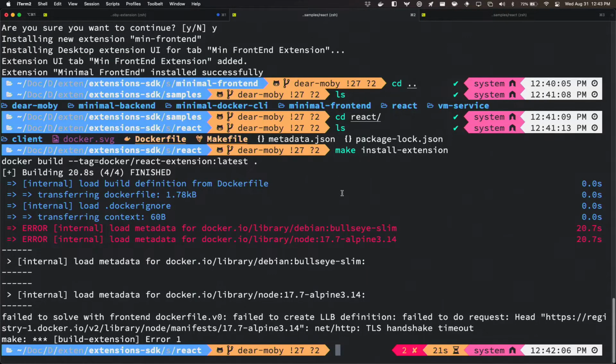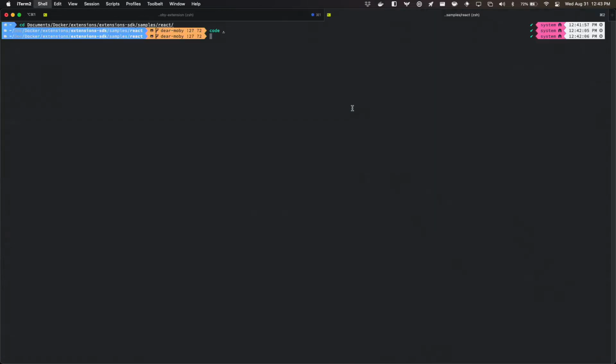It looks like we got an error. I'm not sure what's going on there, but I'm not going to spend the time trying to fix it. So let's go ahead and take a look at a different extension then. Another extension that we built in